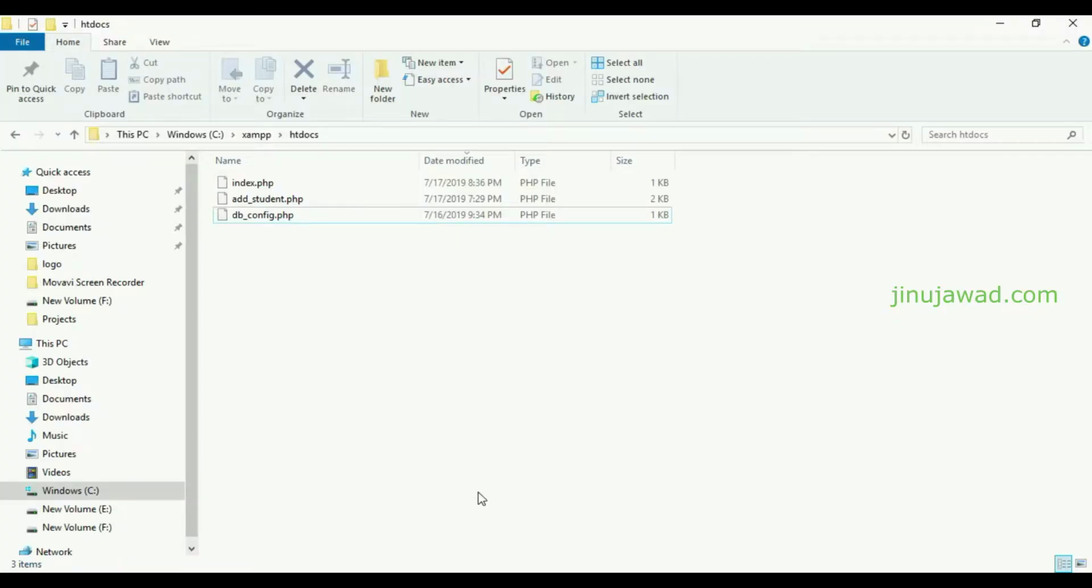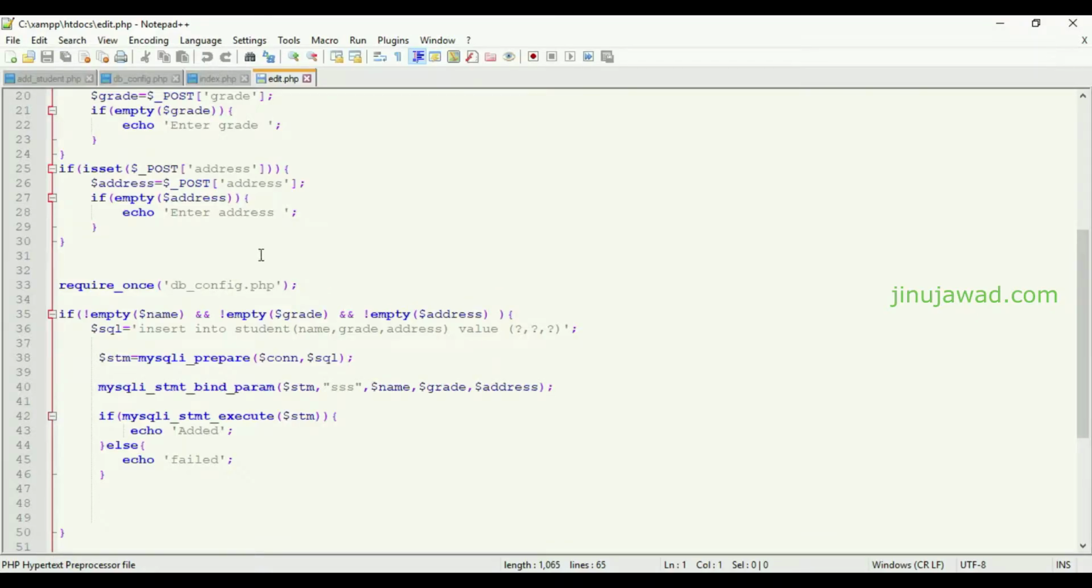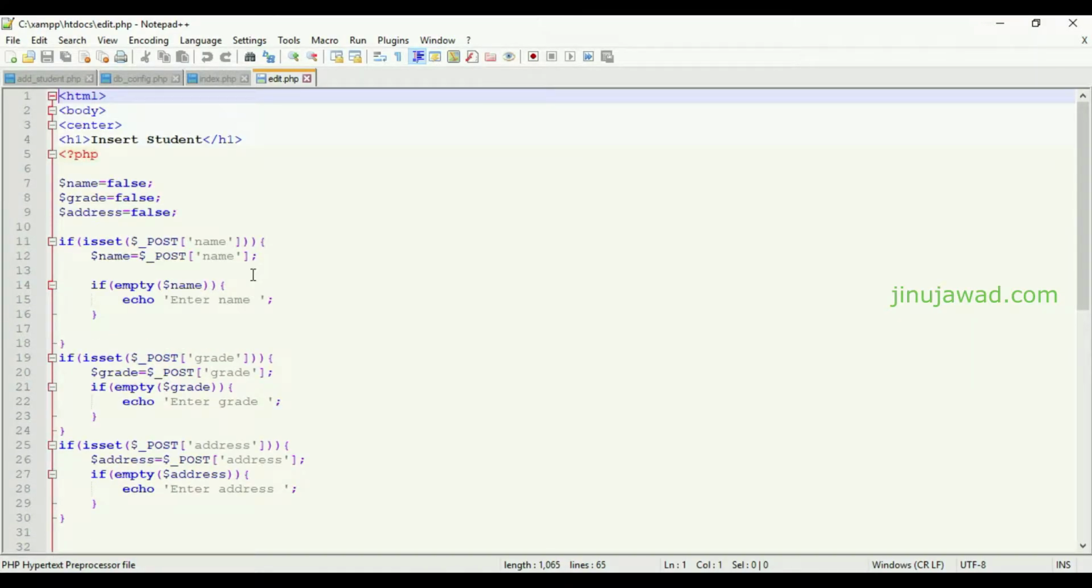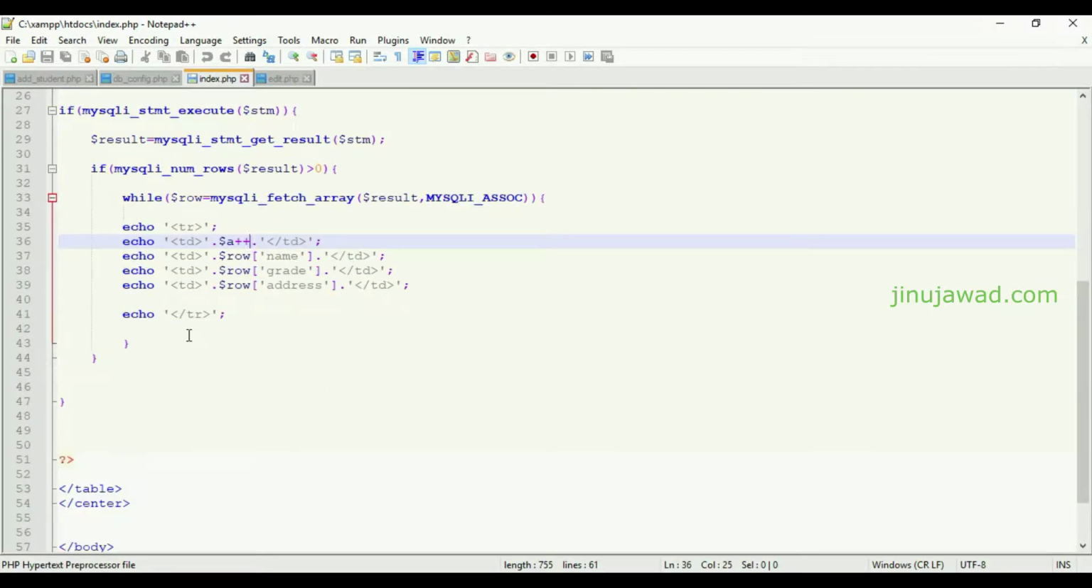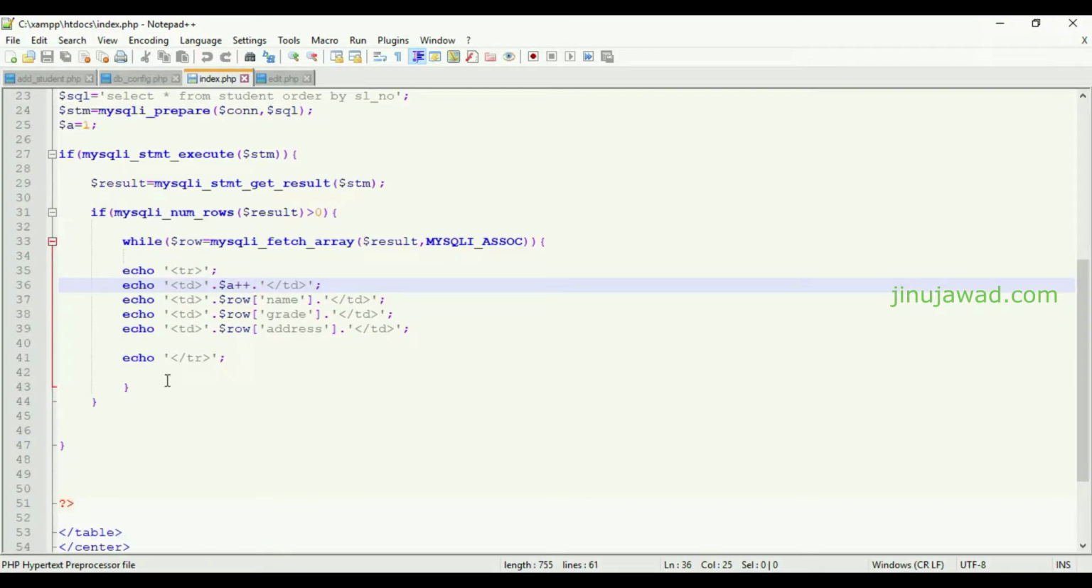To implement the update functionality, I'm going to create one more page like edit.php. In this edit.php we will be querying to take one value from the database, and we'll be adding that value in the form and get the functionality done. For that we have to pass the serial number of the value which we want to edit